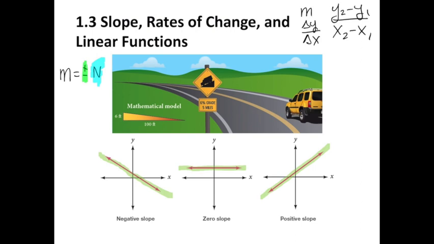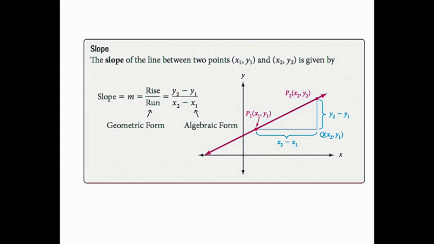Now there's another special case that is not included in the slides that I want to add in. So I'm going to make some room down here. Here are our axes, and if I have a line that's vertical, that's called an undefined slope. We'll get more into that later. Now here's another interpretation of slope. It's a geometric interpretation. If you're looking at this line and you have 2 points, P1 and P2, on this line,